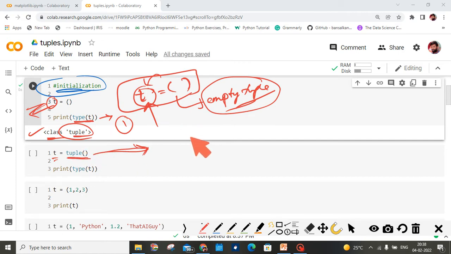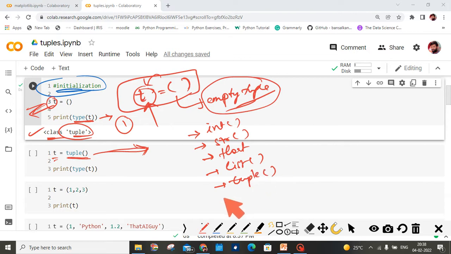The int function, str, and float: these all are typecasting converters, which we saw when converting one data type to another, right? So if you do it like this, what tuple will be stored in this t?